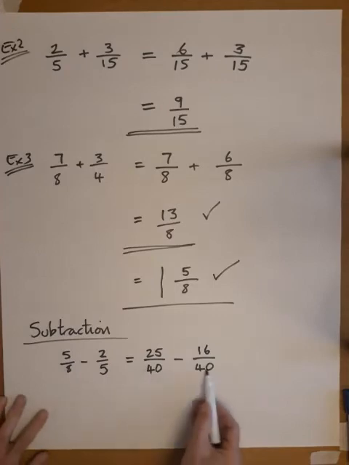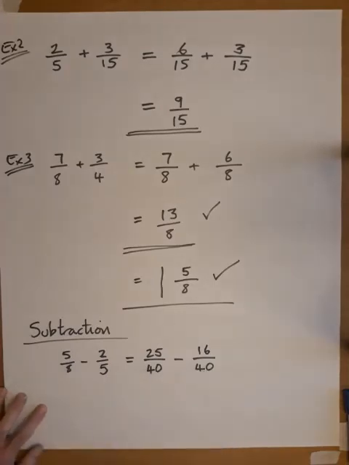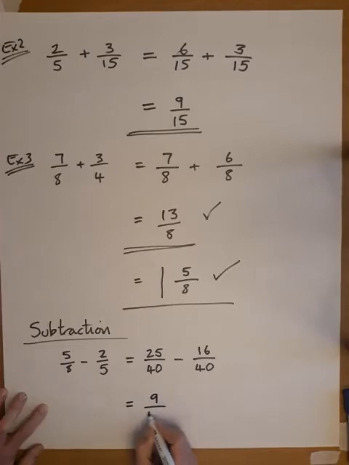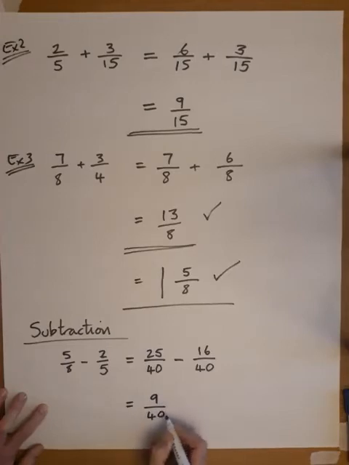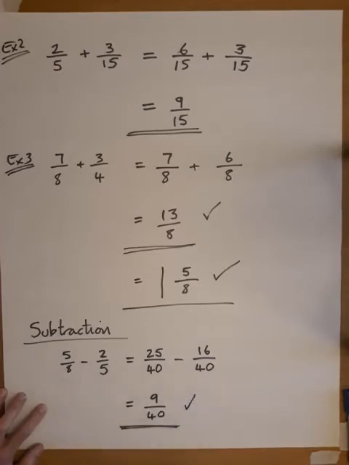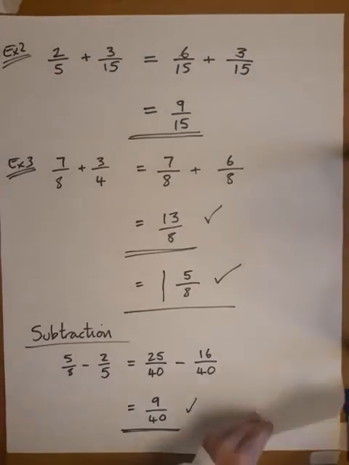So now we've got the same denominator. We do 25 minus 16. So 25 minus 16 is 9 over 40. I cannot make this any simpler. There isn't one number that will divide into 9 and into 40, so that is the answer that we want. So swiftly, I'm going to move on and look at